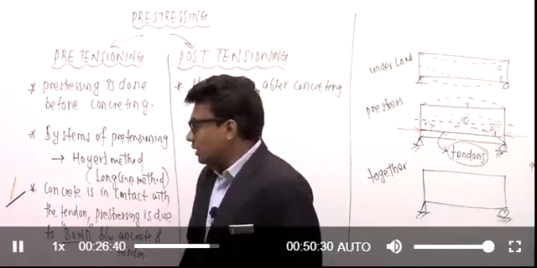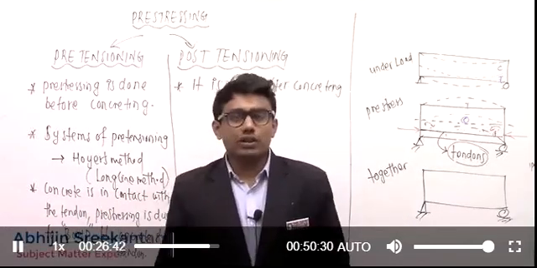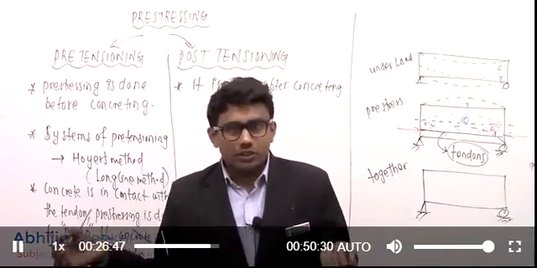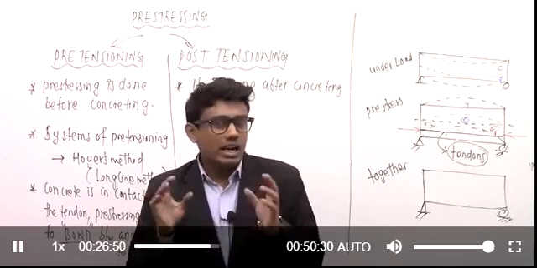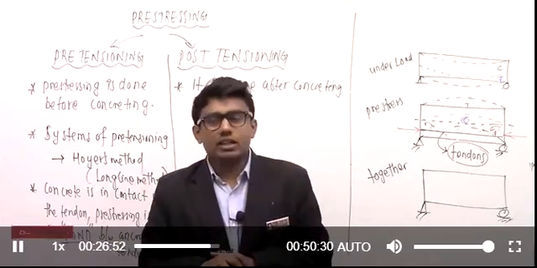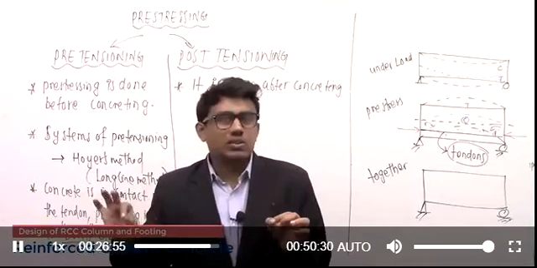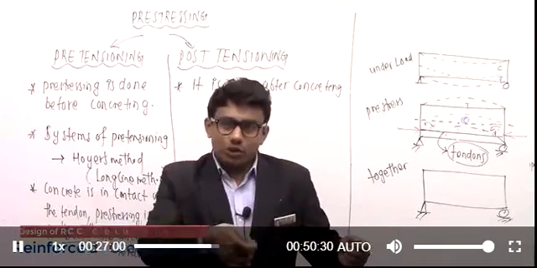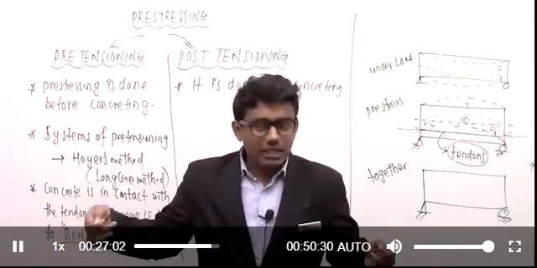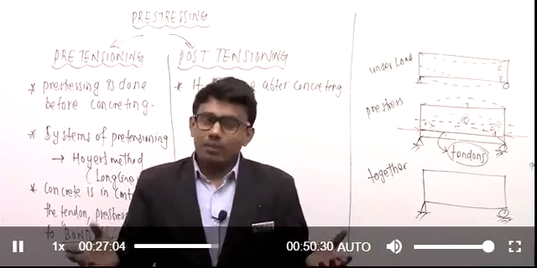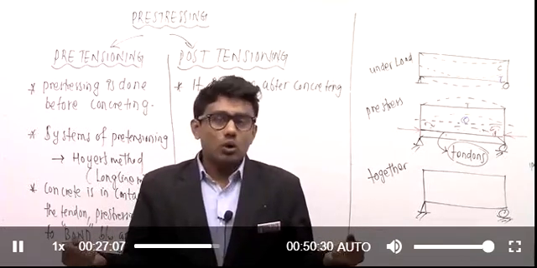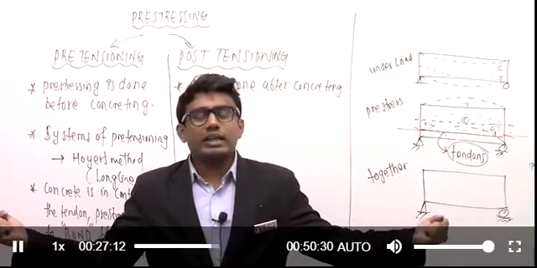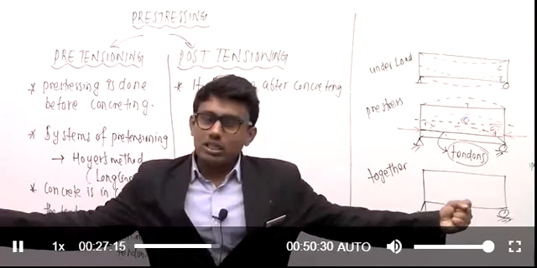So in post-tensioning, what is going to happen? We will cast the concrete block or concrete beam. There will be provision for the placement of the tendon. After the concrete attains its sufficient strength, I will place the tendon inside this concrete block. Suppose this is our concrete block. Now I will introduce our reinforcement. After introducing this reinforcement, I am going to stretch it again. I am going to apply tensile forces to the tendons.